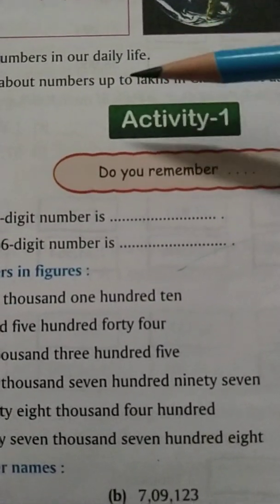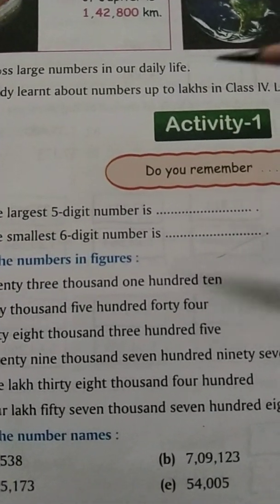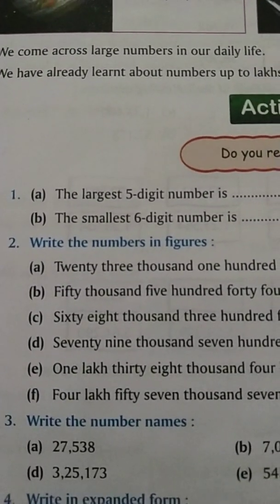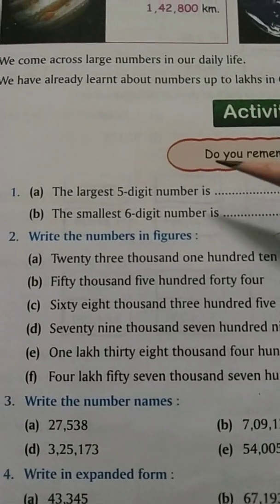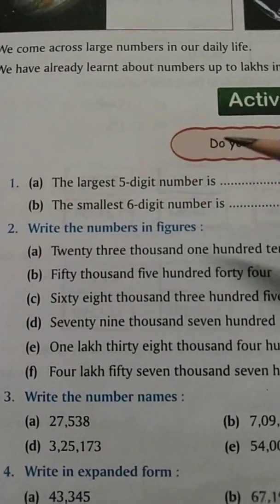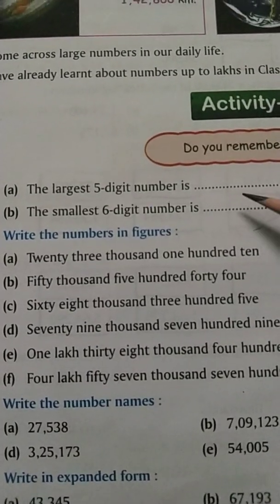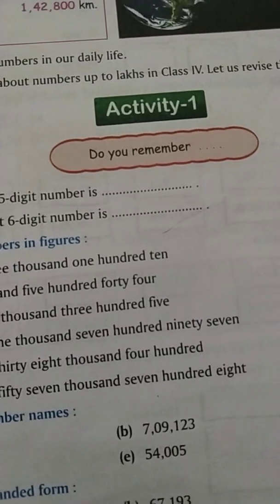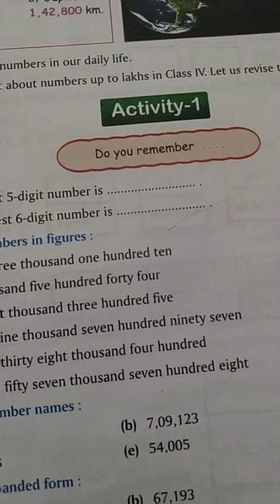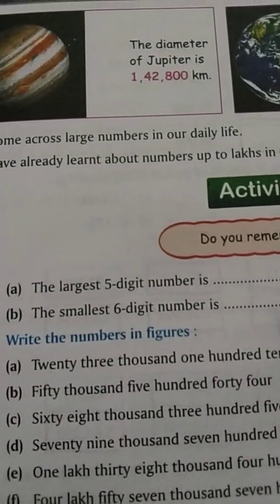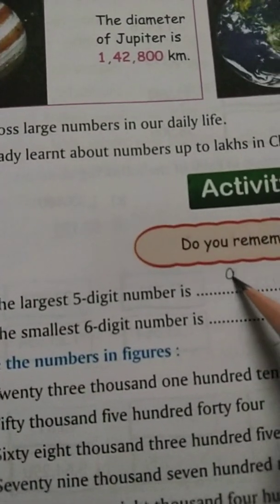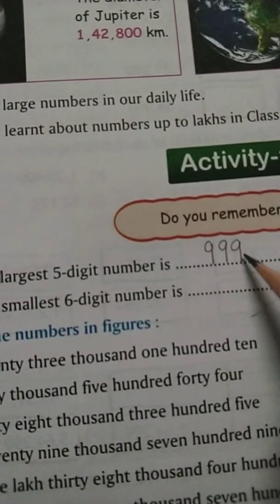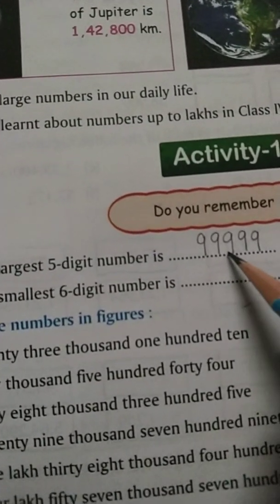Activity 1. Do you remember whatever we have done in class 4? It is just to recall all those things. So here are a few questions. Likewise, what is the largest 5-digit number? To get this number, we need to recall what the largest 1-digit number is, that is 9. So if the largest 1-digit number is 9, what will be the largest 5-digit number? That is 5 times 9. That is